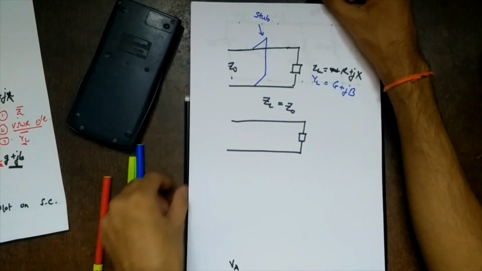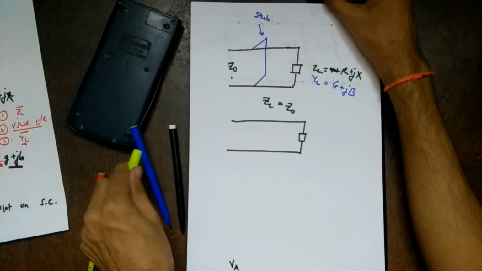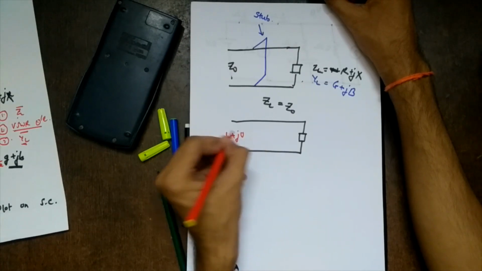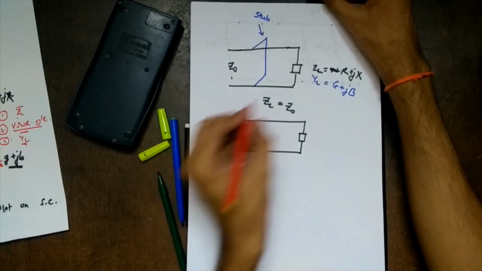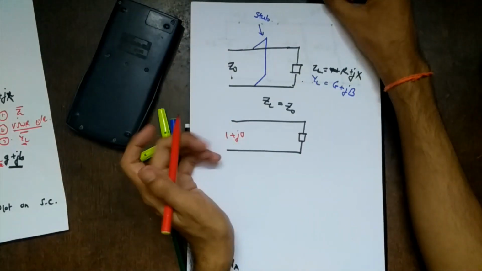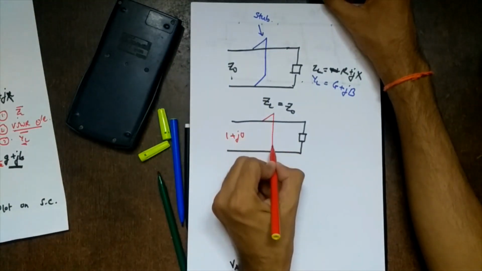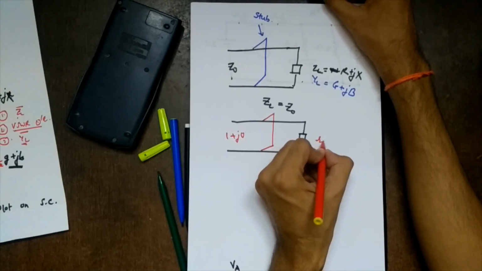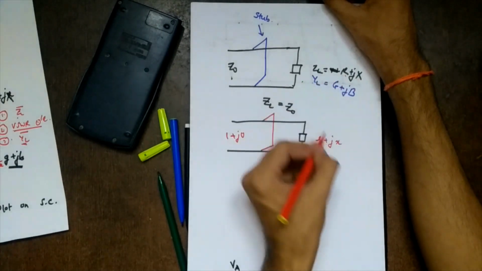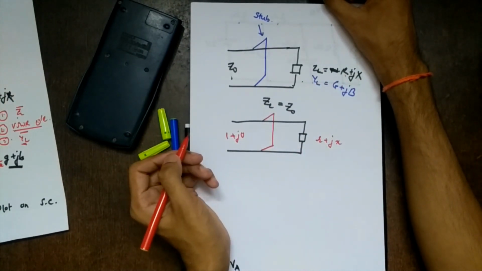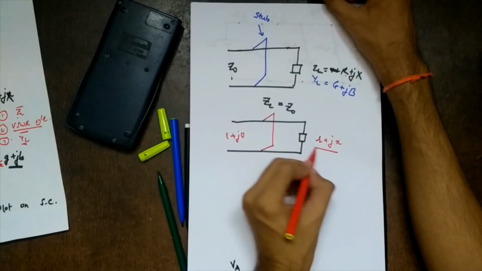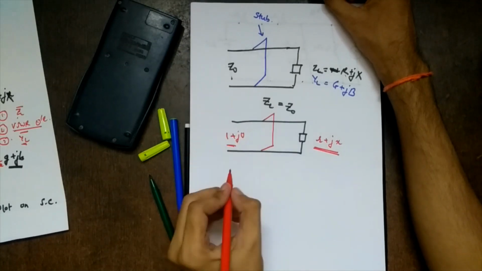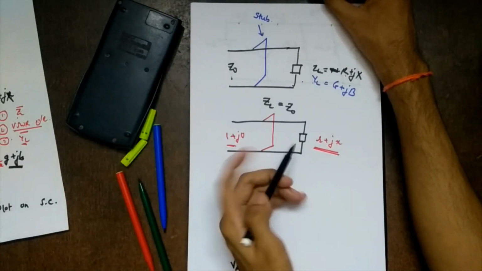So Z0 normalized with itself will give you what? 1 plus j0. Right? Let's say we are in ZL only now. We'll convert to admittance later. And we have a stub also. And this will become zL equal to r plus jx. These were capitals. Now they have become small to indicate they are normalized. So this is what we have to do. We have to match this r plus jx to 1 plus j0 on the Smith chart. So how to do that? For that we are using single stub matching. Right? So let's see how to match.